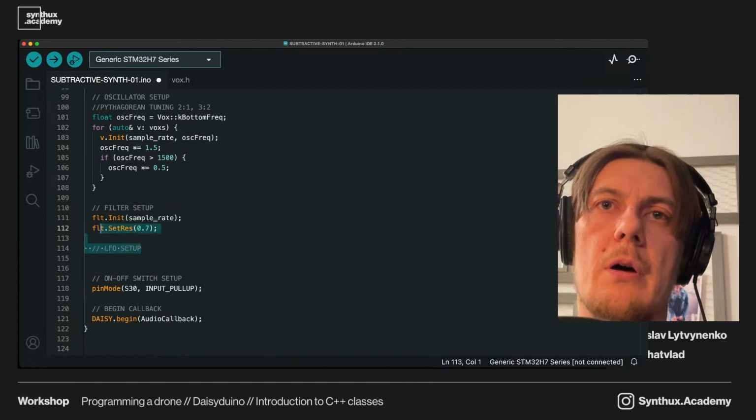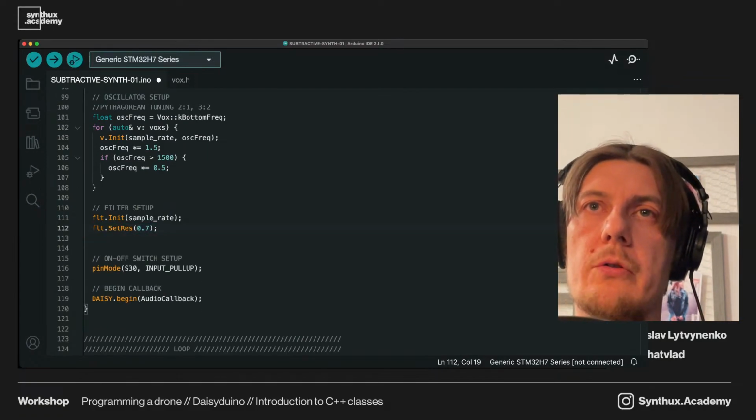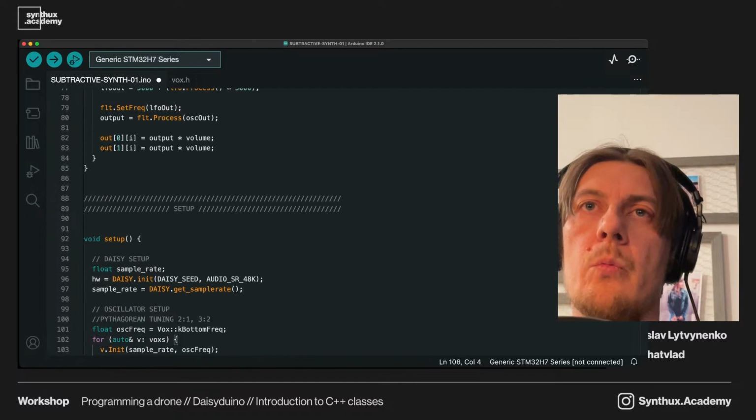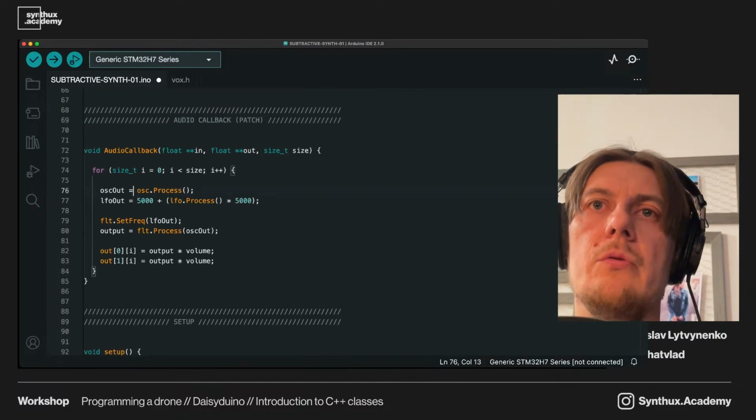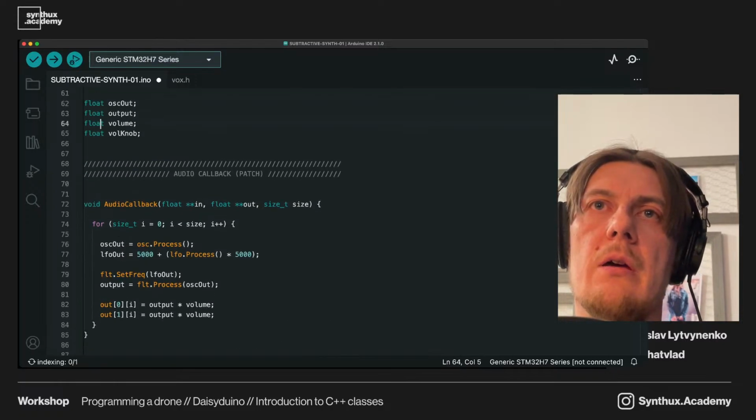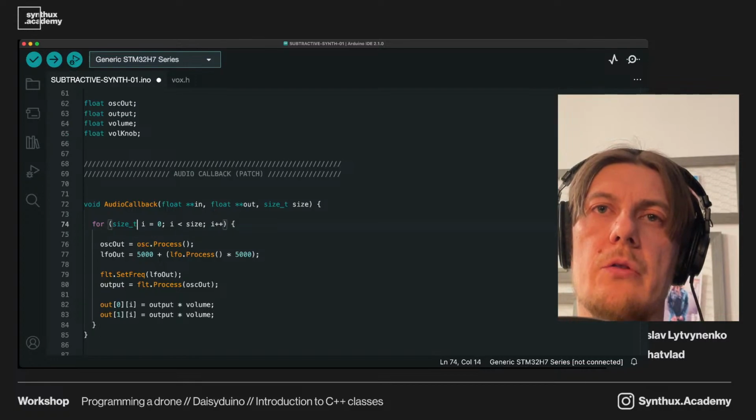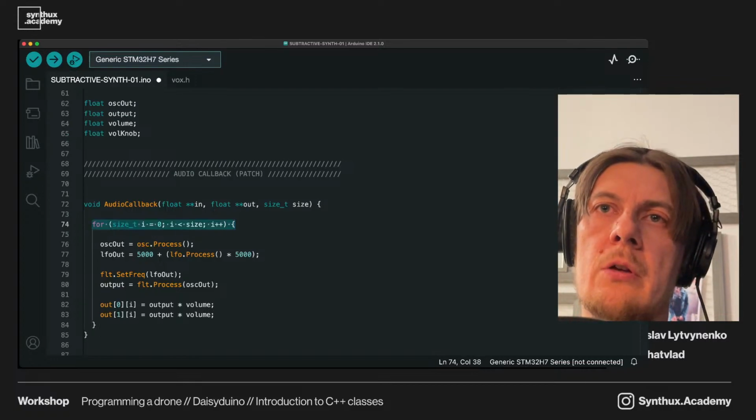So the LFO setup we don't need here either. What's left is just to use it. Here we have this float output. Here we enumerate in the audio callback. We enumerate through the